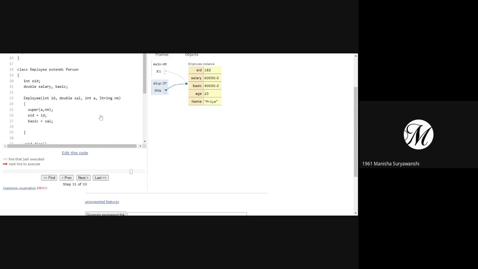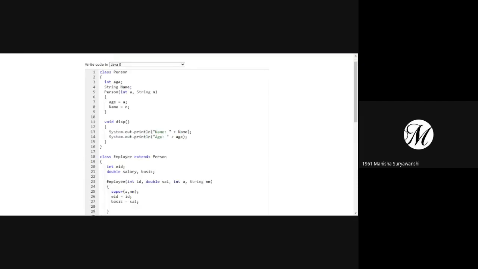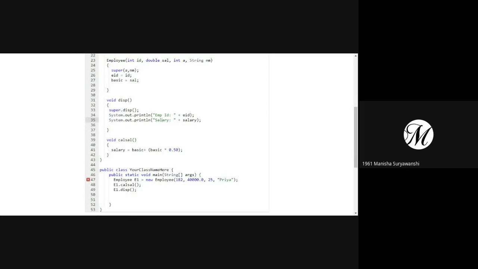Ma'am, here in the 16th line, at the start of the code, we are calling super and then the display function. Yes. But if the function has parameters, then we have to pass those parameters.